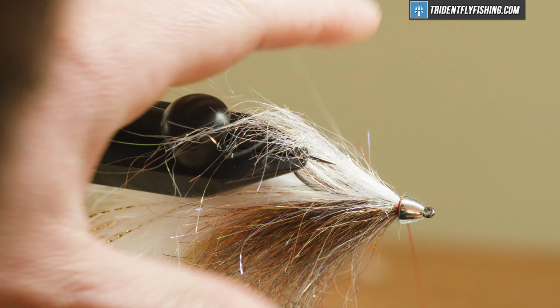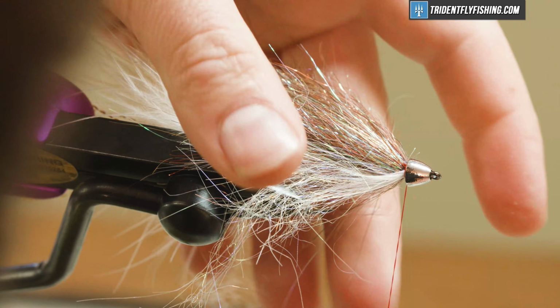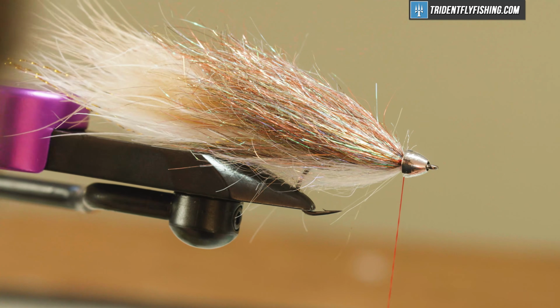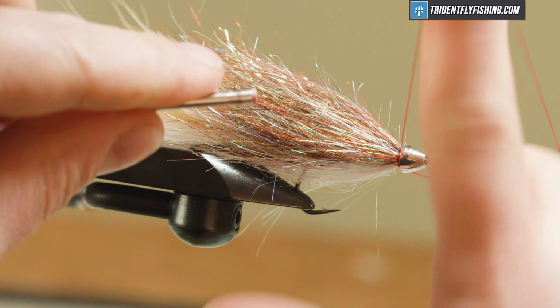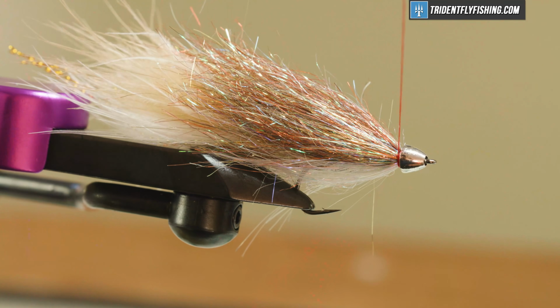And this is, again, why we use the red thread, because you're going to see the thread there no matter what. So I like to use red so that we kind of get a little bit of a gill effect. So we're just going to whip finish back in here. And then a trick that I like to do